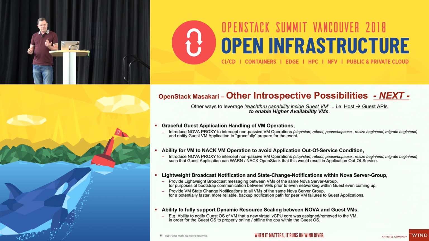So if the VM is the active one, and it knows that its peer VM is not in sync and ready to take over, it can NACK, and the OpenStack platform, if it is aware, can provide an error message back to the user. The way we've implemented this in our solution is that the user can always do a force to override it,